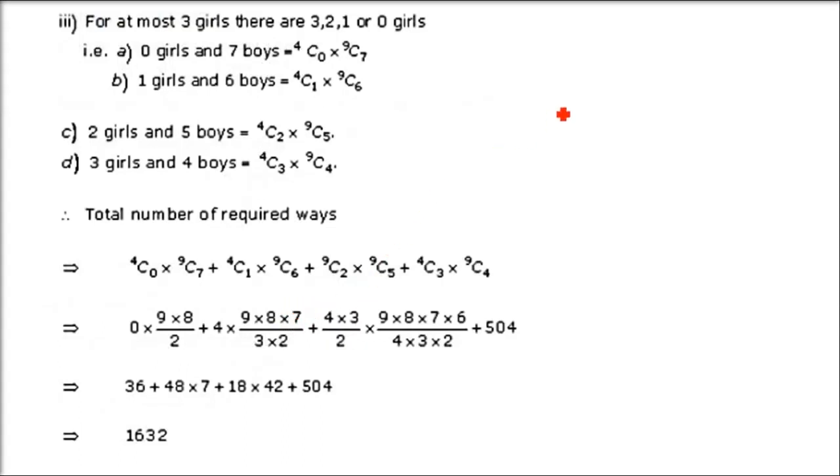Now the third is at most 3 girls. So you cannot go beyond 3. 9 boys are there and 4 girls are there. A team of 7 has to be formed. At most 3 girls, right? So first, one girl you take. When you take one girl, you have to take 6 boys. You take 2 girls